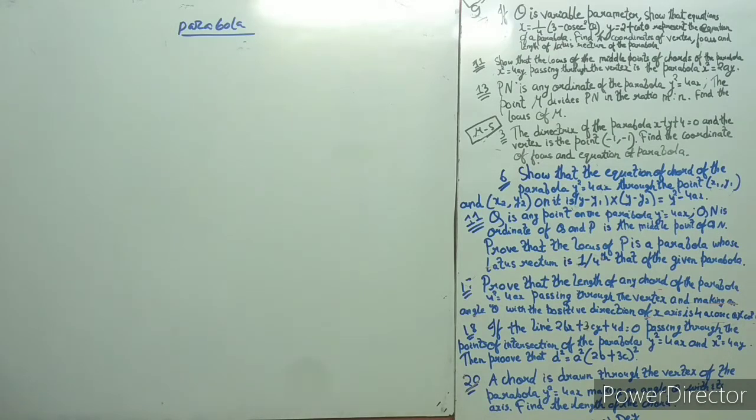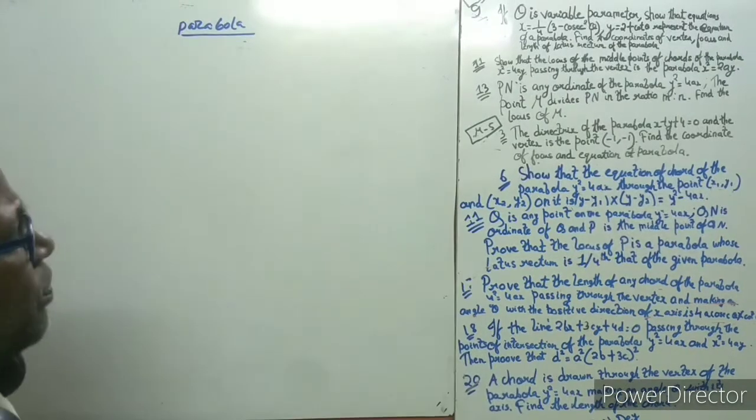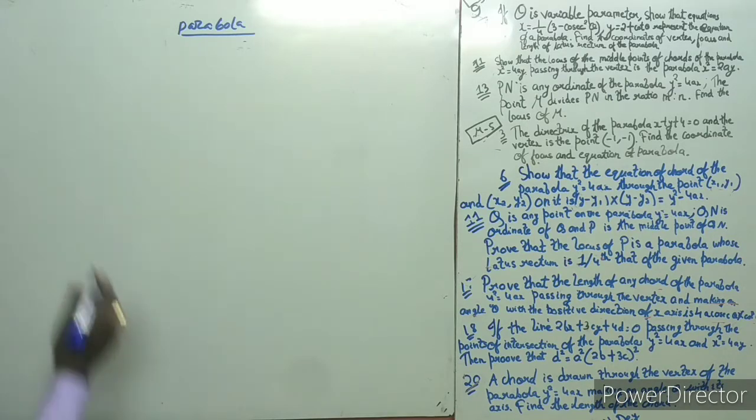This is the chapter about parabola, which is one of the parts of the conic section. In my first video, there was the theory of the parabola and the definition of the parabola, and there were some problems. Now, in this video, there are also 19 problems, approximately, from the book of Ascende. Now follow question number 9.